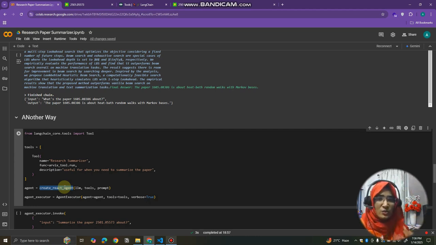It is not executing this task, or not executing LLM, tools, or prompt. It is just connecting it, and it is just creating the graph or a path, right? What will the agent executor do? It will execute what the create agent actually created, right?